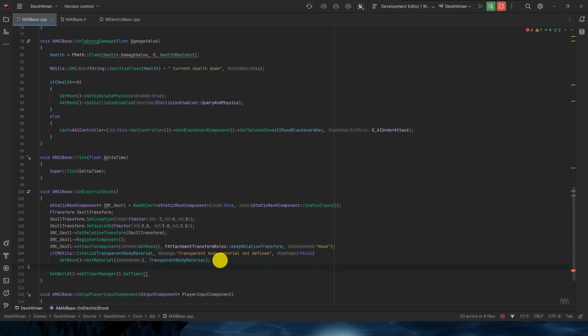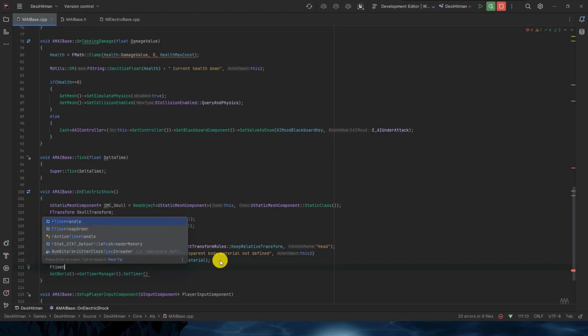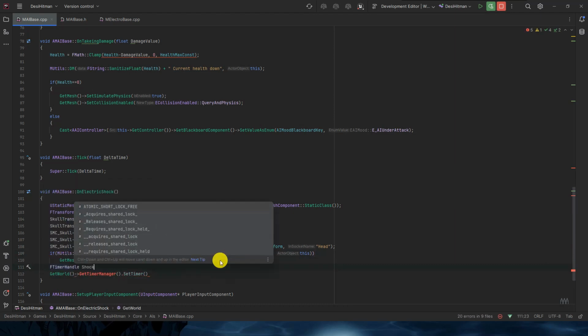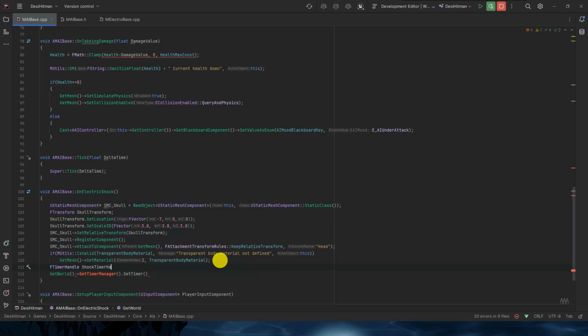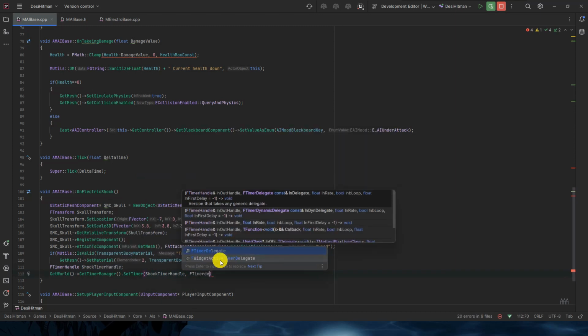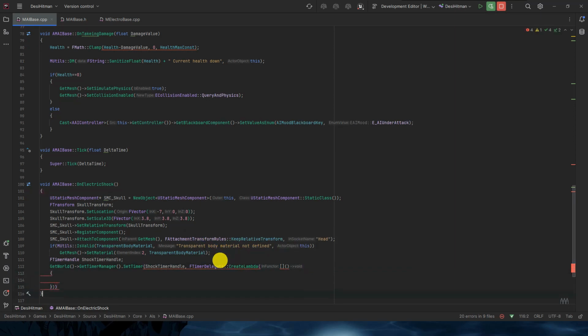F timer handle shock timer handle. Shock timer handle comma the delegate F timer delegate create lambda, just create lambda